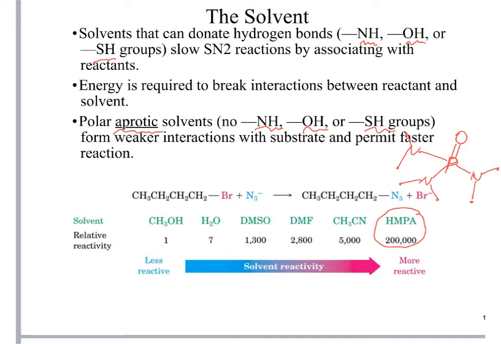We have a dipole moment between each carbon atom and nitrogen, the dipole moment pointing toward nitrogen, and also 3 dipole moments between phosphorus and the more electronegative nitrogen atom. So it's a very polar solvent with a high dielectric constant, but with no hydrogen bonds. Notice that there are no hydrogen atoms bonded to electronegative atoms. So hexamethylphosphoramide is the most potent solvent that best promotes SN2 reaction, followed by acetonitrile,